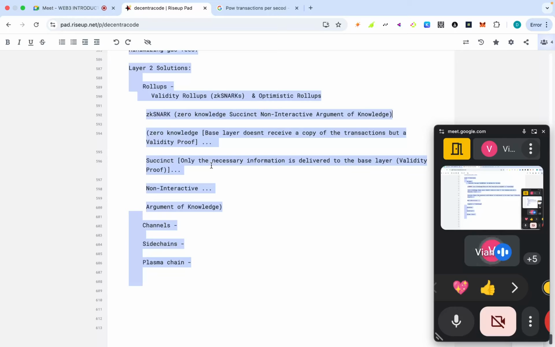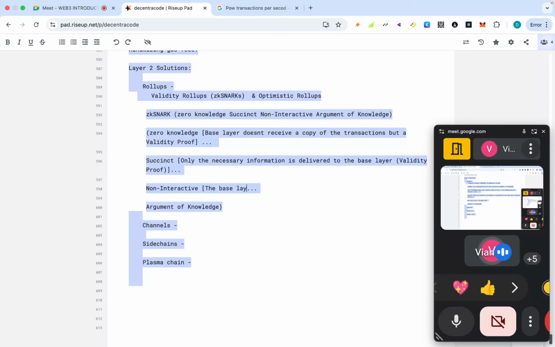That particular proof that validates the transactions is all that needs to be delivered on the base layer, which is called a validity proof. And that is where the word succinct comes in the definition of a ZK snark, that only necessary information is delivered to the base layer, which is in this case just the validity proof. Now, non-interactive, this simply means